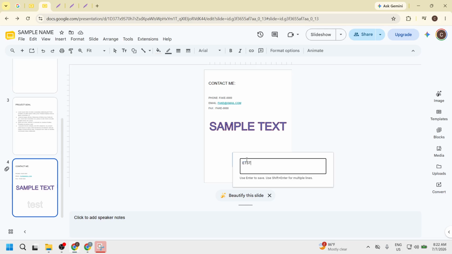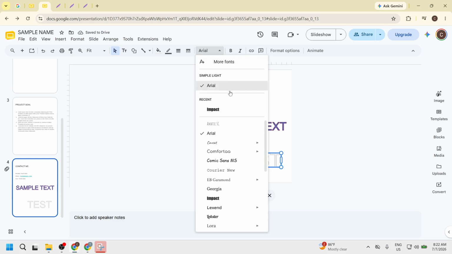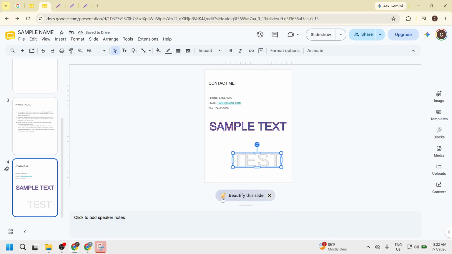While the text box is selected, change the font to a thick style like Impact, Fredoka One, or Luckiest Guy. Selecting a bold font is essential because it enhances the visual impact of your bubble letters. These fonts are specifically designed to appear fuller and rounder, which is ideal for our purpose. You'll see your text transform into a more playful and inviting design.